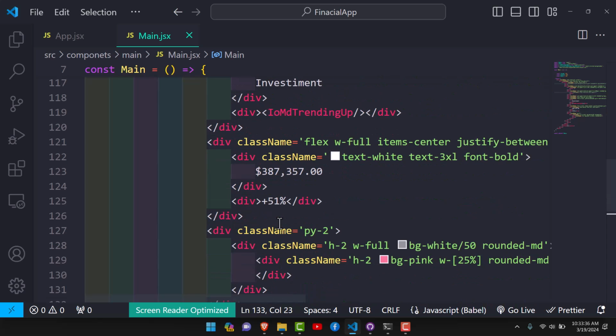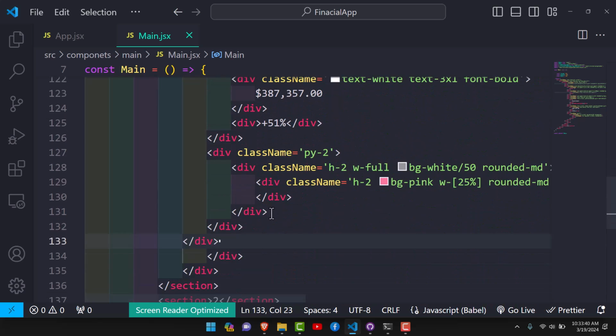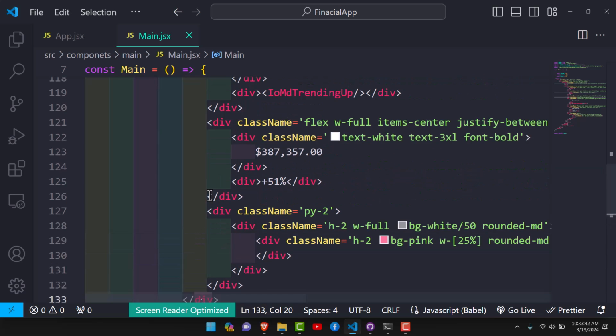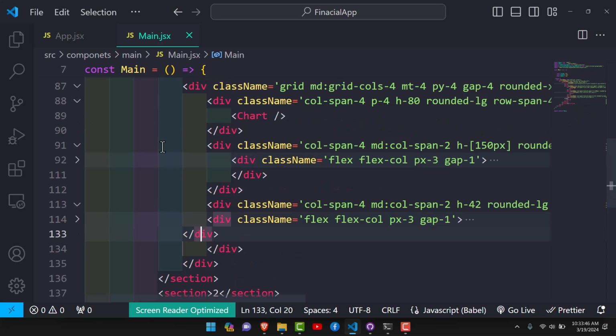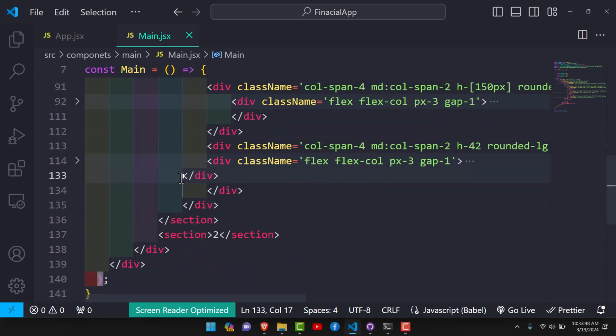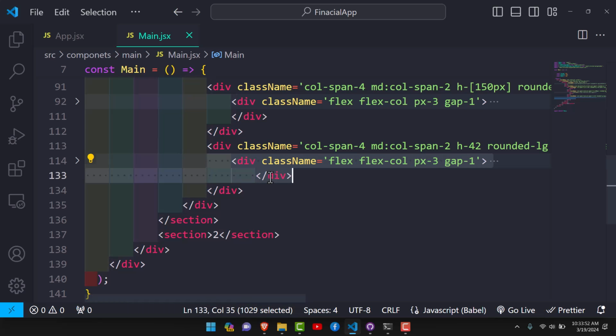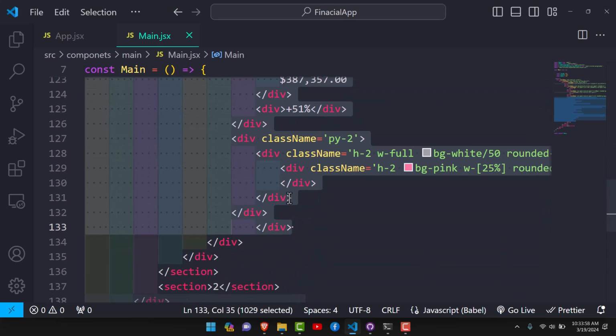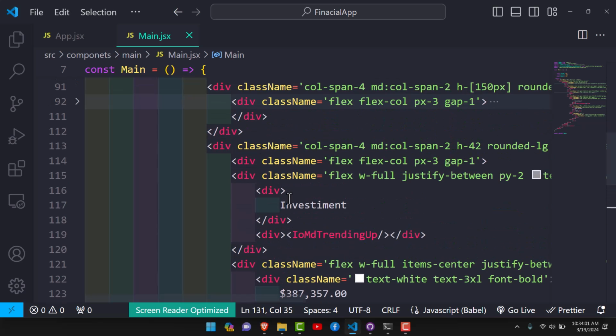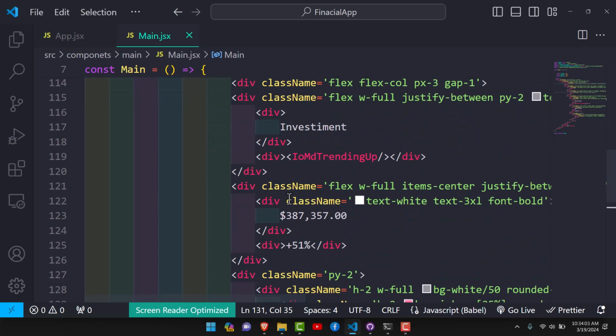Yeah, just replace it, and then I will need to fix a few things here. Yeah, just to ensure that the work looks neat and well organized. Alright, so that looks nice,